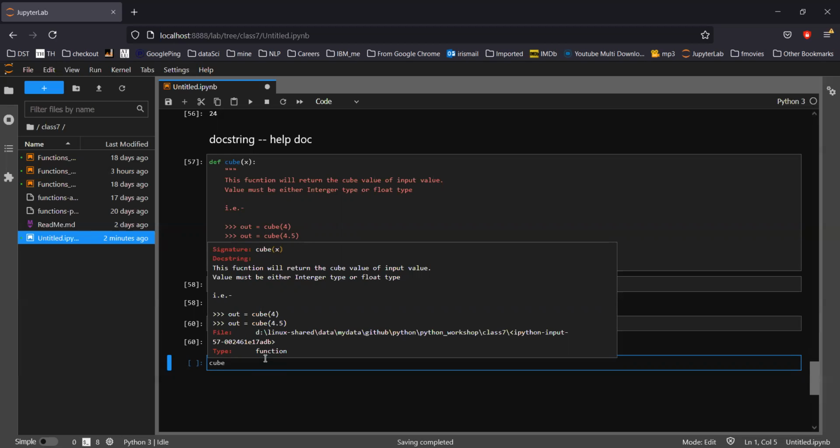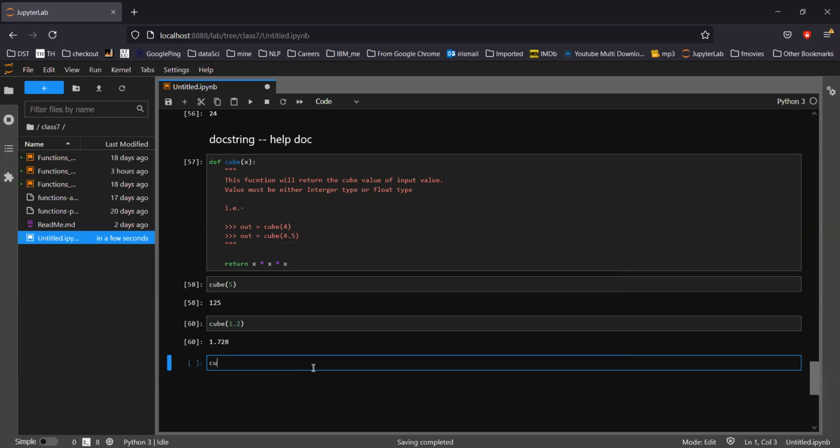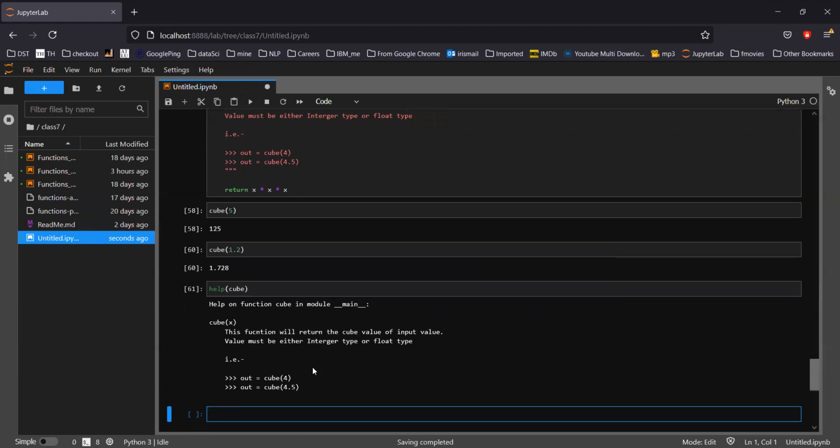You simply see a signature, which is actually the function call, and the doc string. You see this doc string? This explains what this function does. Or in the Python prompt, you can use the help function, help cube, and enter. It prints the doc string.